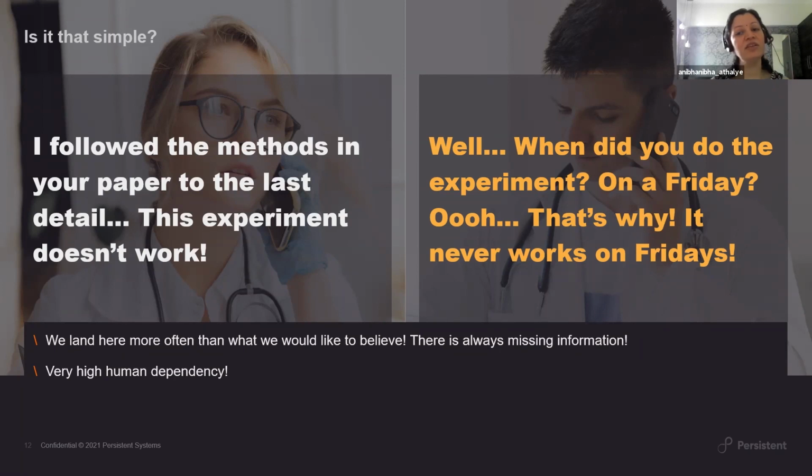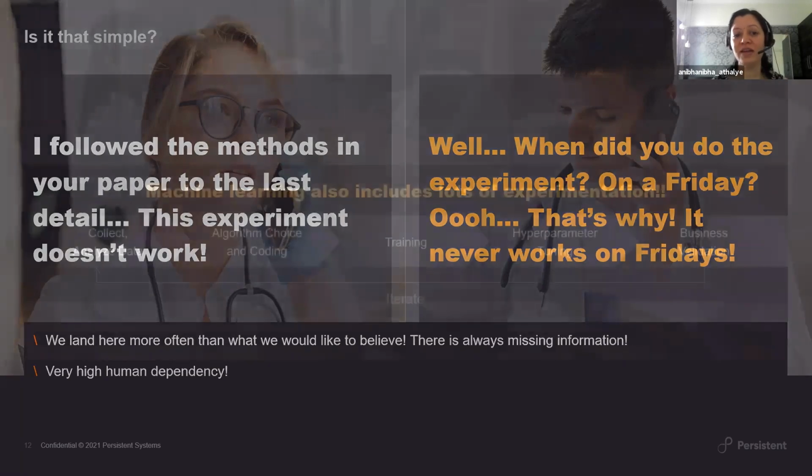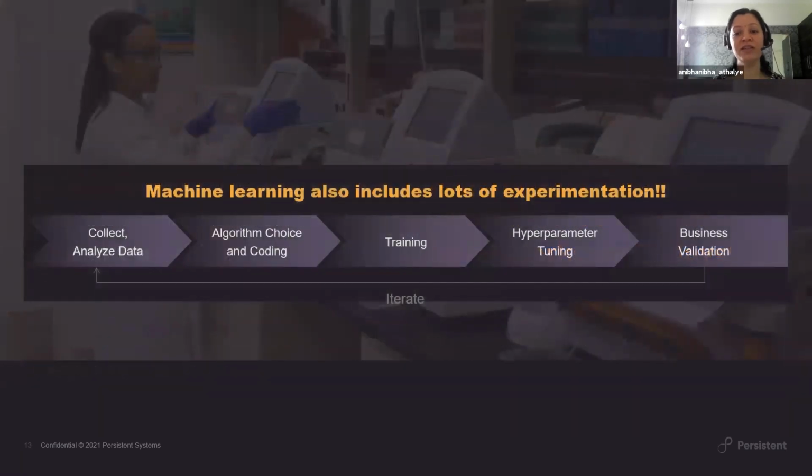So what we are introducing in this process is two things. One is that it is not happening hand in hand. While the experiment is happening, can the documentation of it happen? And the second is, of course, human dependency, while taking the notes and while converting those scripts or notes into proper documentation.